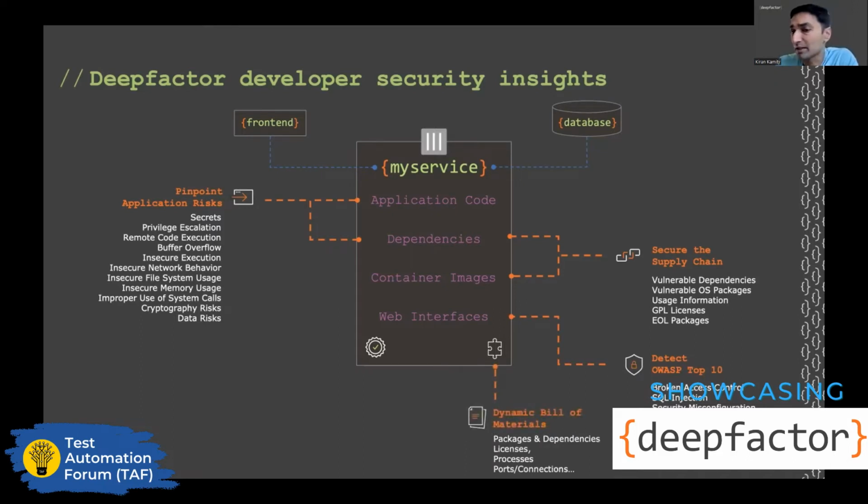Like I said, for bill of materials, our goal is to provide not just the static list of components, but go beyond that, because we observe the running containers, not just the static container artifact. We're able to tell you dynamic things like which ports did your application open, or which processes did it spawn, or what outbound connections did your dependencies make. And knowing that both on an absolute level as well as from a comparison point of view,